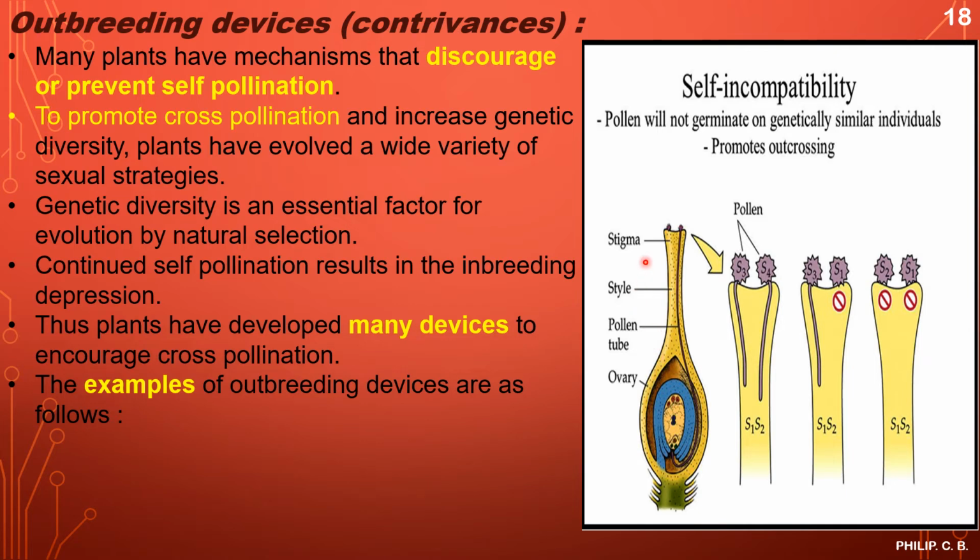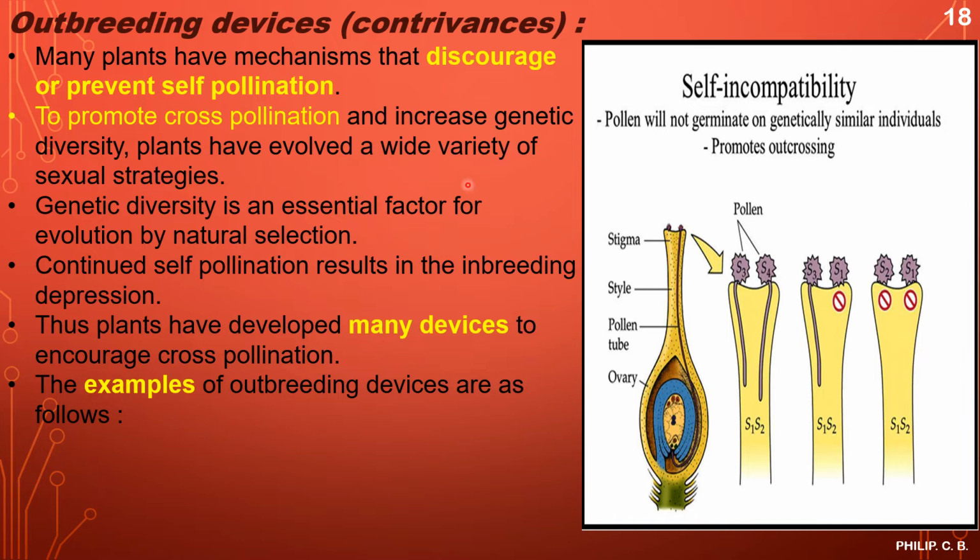You can see here the structure of the ovule, the ovary, where inside the ovule, pollen tube, style, stigma. You can see in three cases, when two pollen grains S3 S4 come, and the pistil is S1 S2, they are different, so they are compatible and it accepts them. Now with S1 S2 and S3 S1, S3 will be accepted, S1 will not be accepted. Similarly in the third case, S1 S2 and S2 S1, both are similar, so again it will not be accepted. Genetically similar ones are not accepted. Okay, I hope now it is understood.